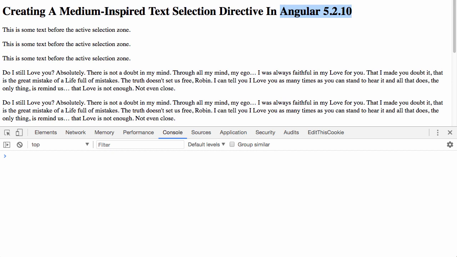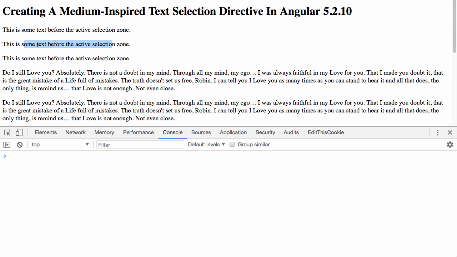So if you haven't used Medium before, essentially what it allows you to do is select some text, and then above the text will be rendered usually some sort of social call to action, whether it's tweeting the text or starting a comment thread to spark conversation with other readers. So I wanted to see if I could recreate that, or at least an experiment to recreate that using an